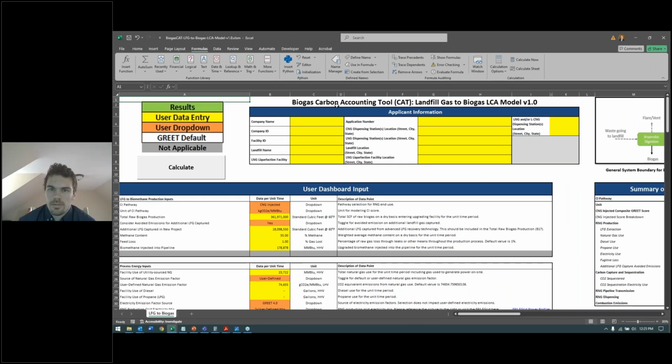Hey everyone, welcome to the landfill gas to biogas CAP model. I'm going to walk through the high-level overviews of the model and the differences you'll find in this calculator compared to others. So there's four main sections in this calculator: the applicant information, where you can enter facility-specific, project-specific information;